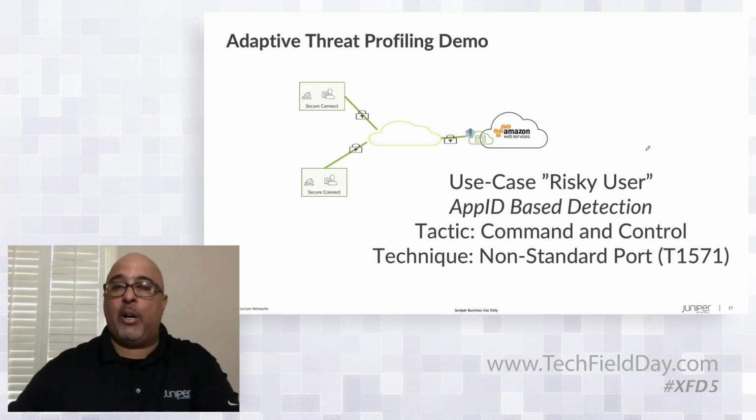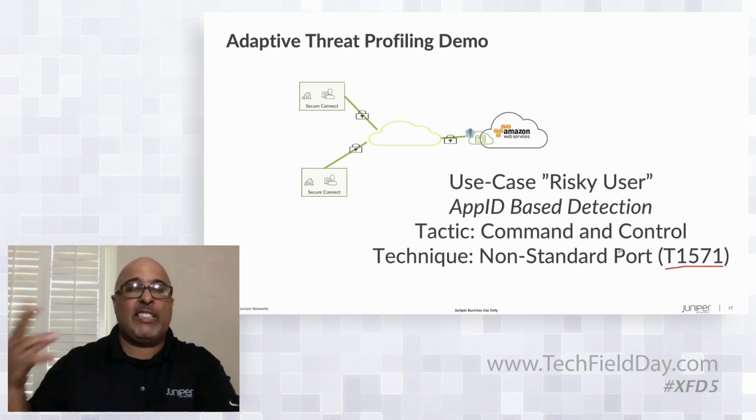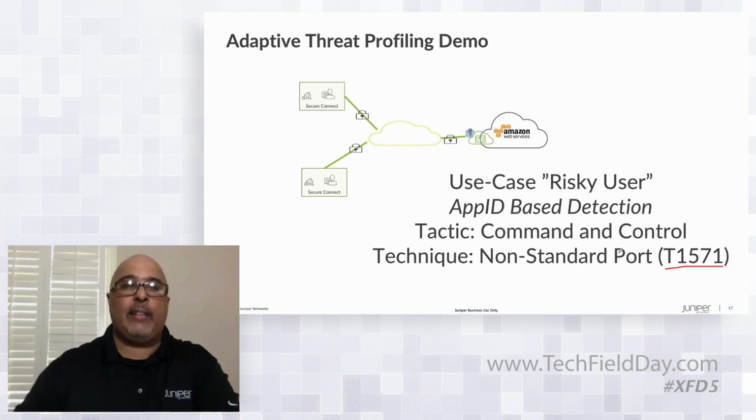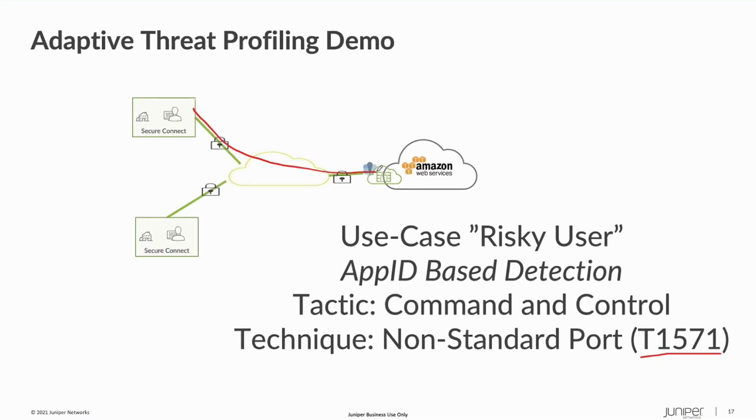Okay, let's talk demo. So first, I want to call out that this is a tactic ID, T1571. This is a risky user use case. This is a threat intelligence local to this organization. I have a Secure Connect client, which is our remote access VPN. We're all working remotely. And what you're going to see me do is connect to the SRX and VSRX in AWS. I'm going to connect to a business app